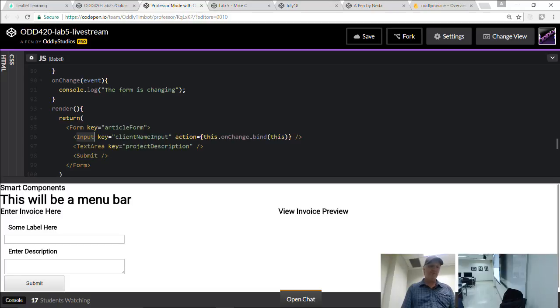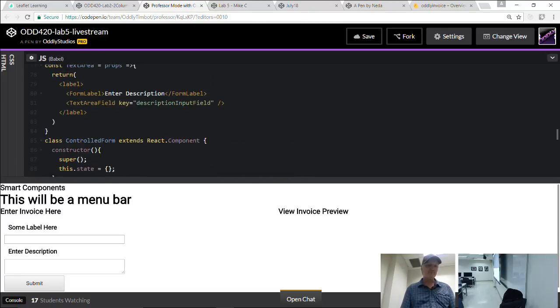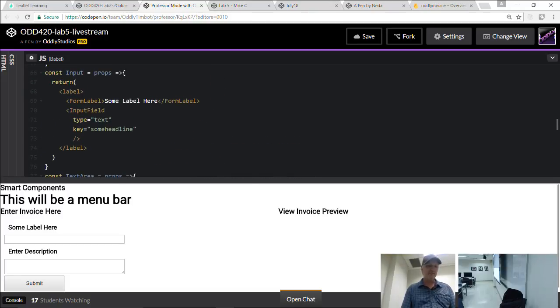So let's go to the input component, this little guy we made up here. Here's our input. And give this a try. We're going to say onChange equals, sorry, equals. And then you're going to put your curly braces.